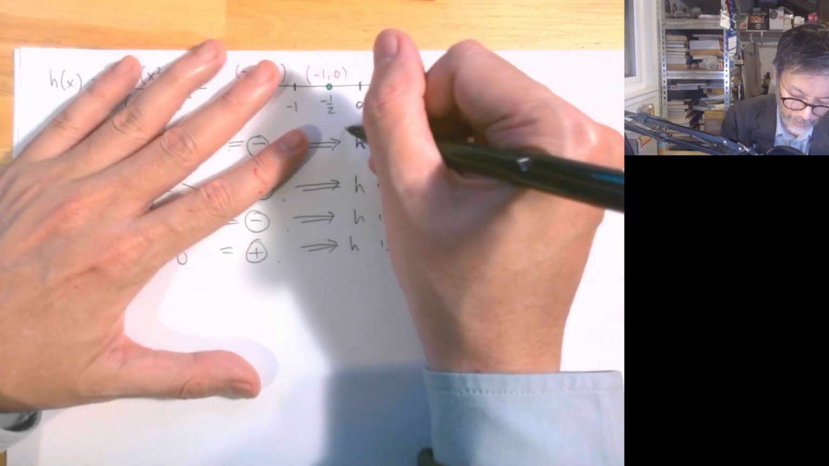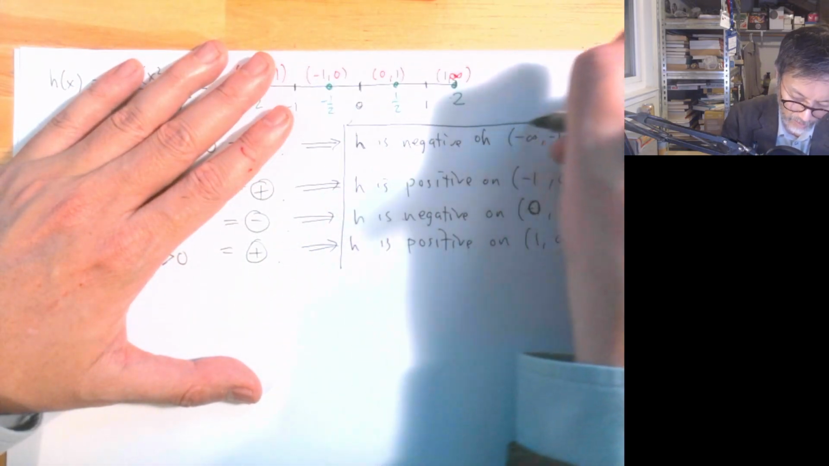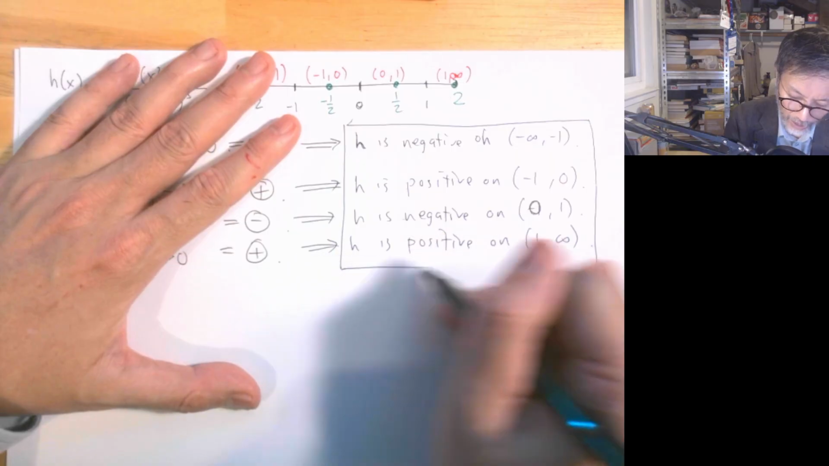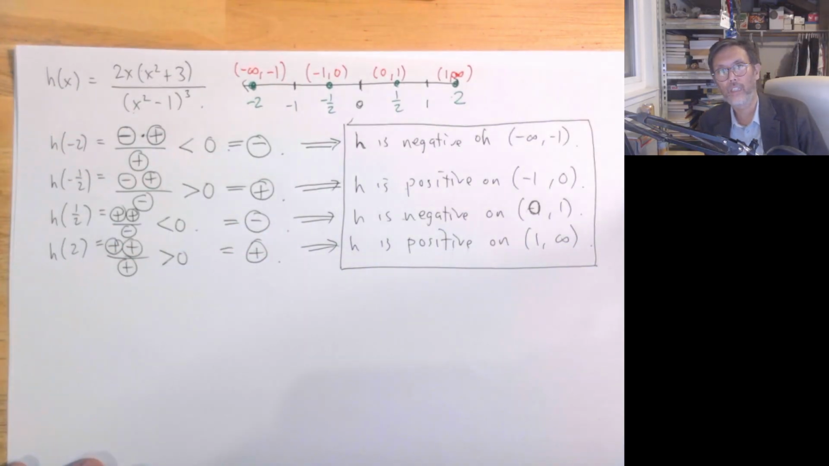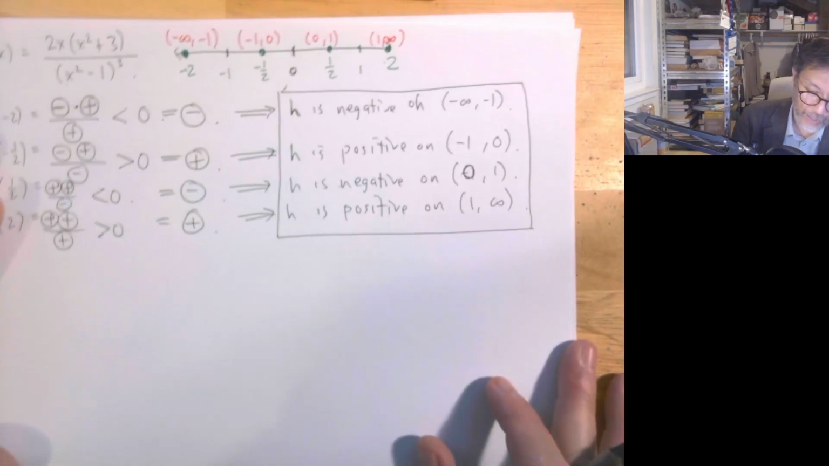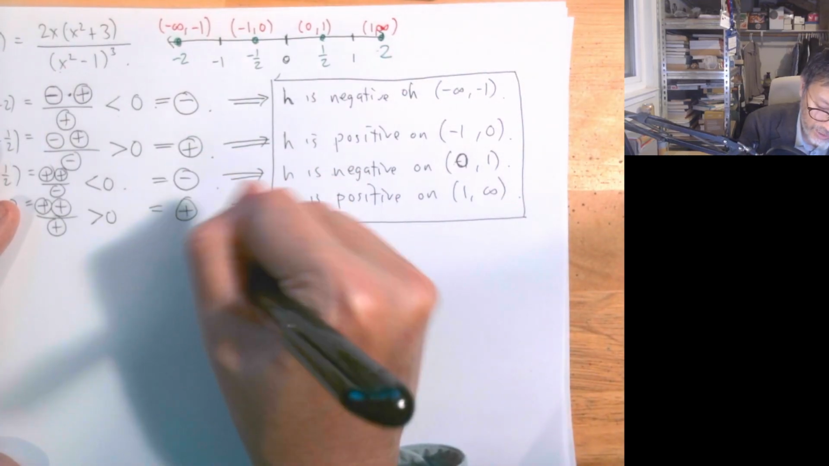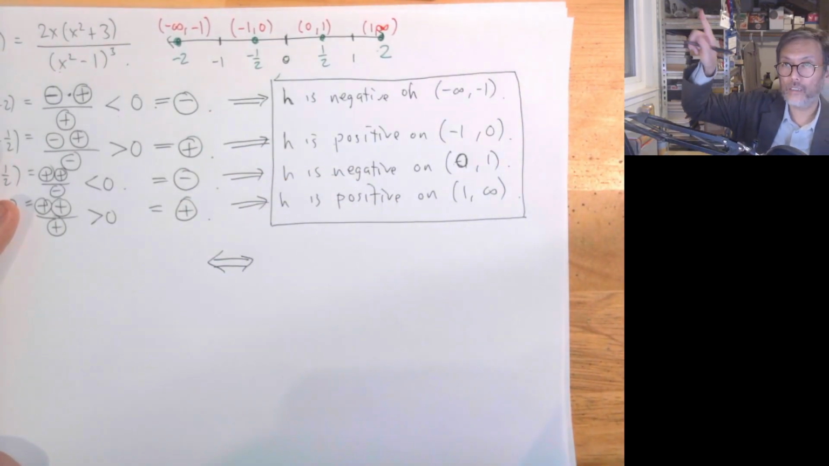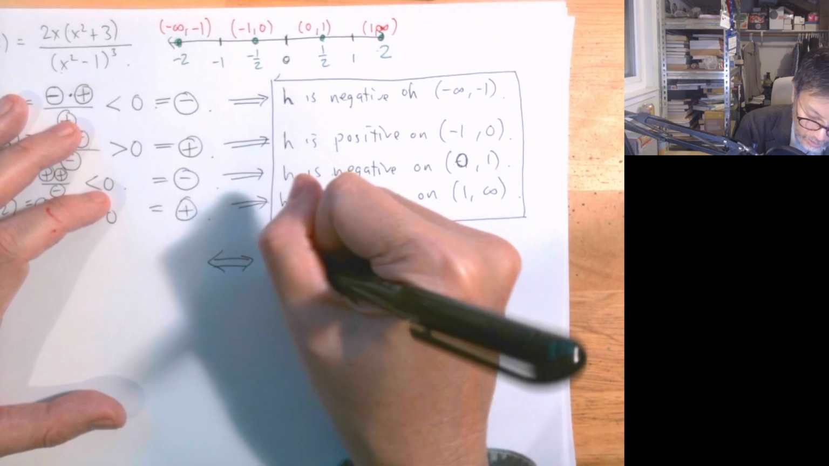This is the output of the sign analysis. And this is a fine way of presenting it. That's a lot of writing. Maybe one way of saving yourself some work is to use the union symbol. So you could also say h is negative